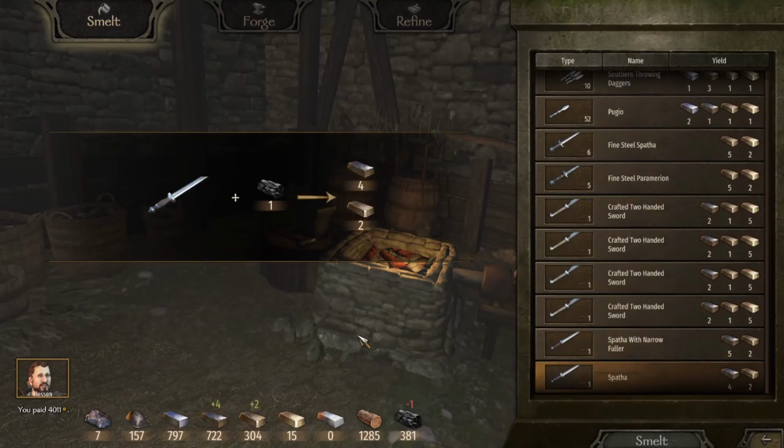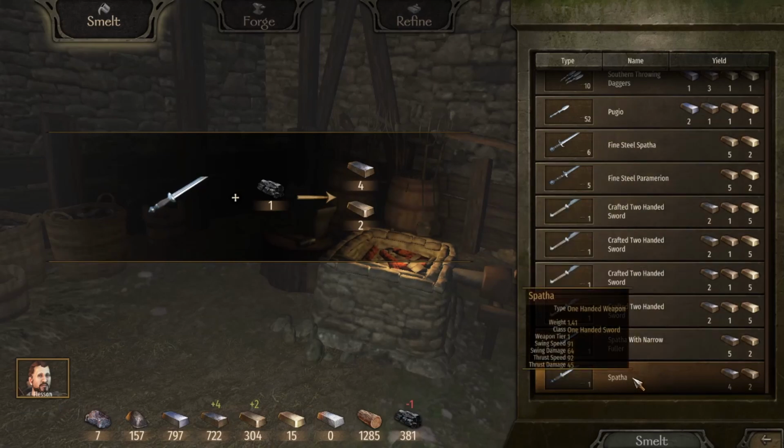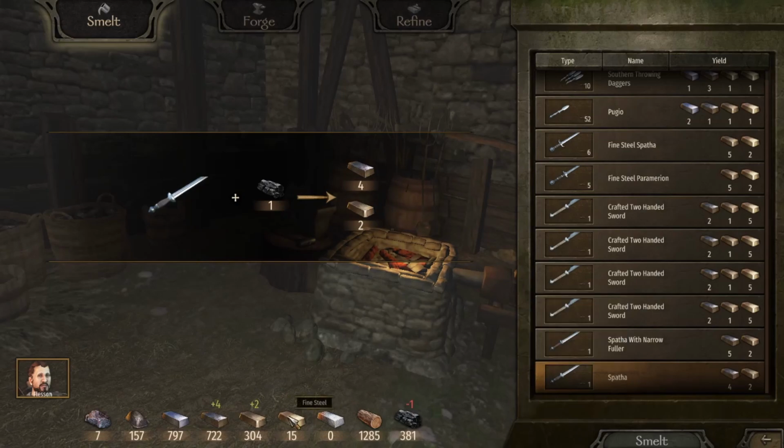Alright, that's 2 and 4, so it's practically the same. That's 4. So they're all worth it. Both those are worth it. Both betas, if you want to call it. They are 100% worth it. You're getting 4 fine steel for 3K. Under 4K. Which means...